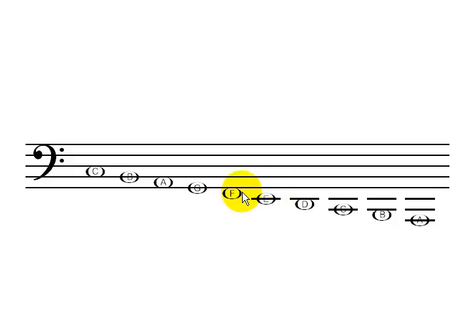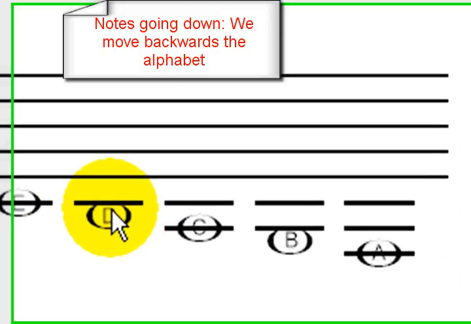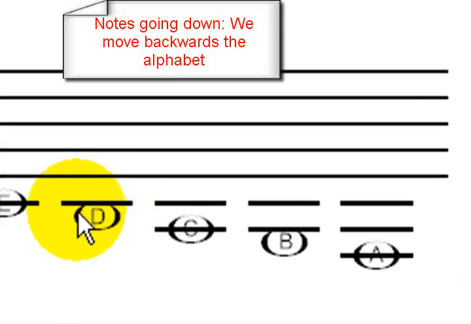So we go from F to E with one ledger line, and from E down to D where the note goes under the ledger line, and then the C, which lands on the second ledger line, and the B, who goes under the second ledger line, and finally down to A, where we have three ledger lines, and there are more notes below here,